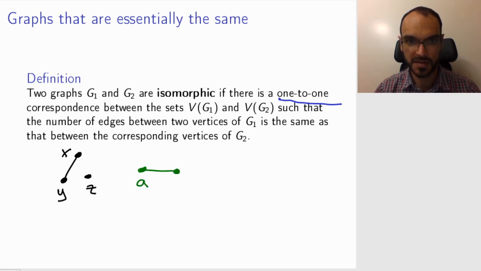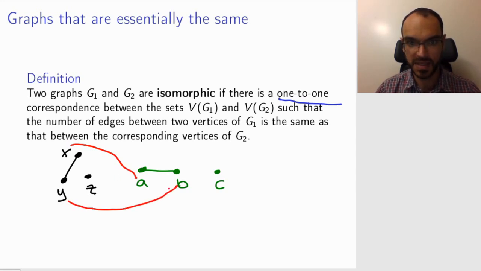Let's call the vertices A, B, and then C. So what is this one-to-one correspondence that I am talking about? Well, if we map the vertex X to the vertex A, the vertex Y to the vertex B, and the vertex Z to the vertex C,